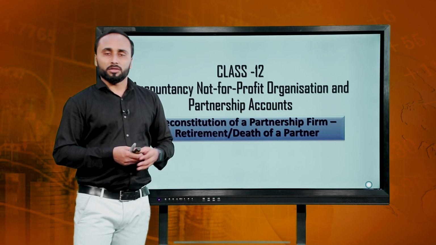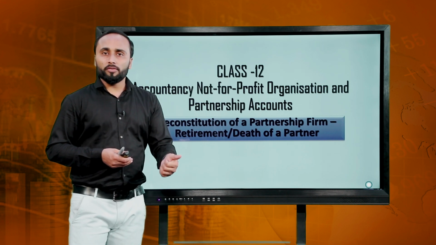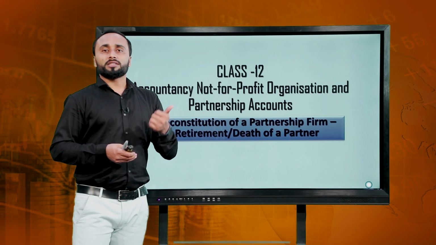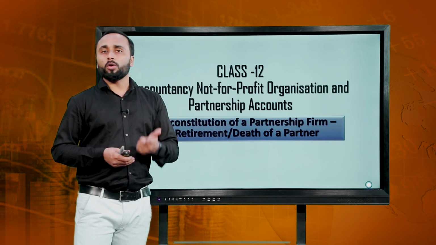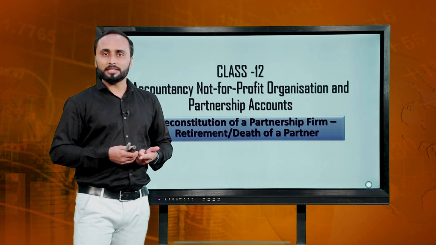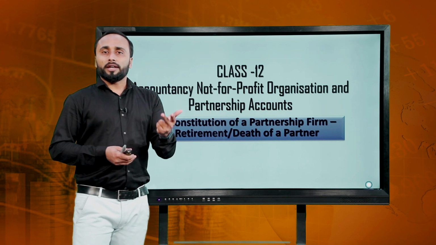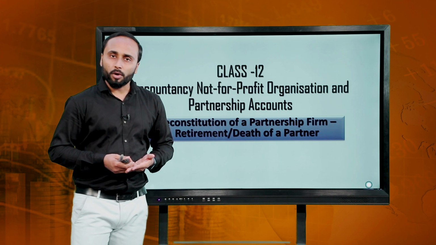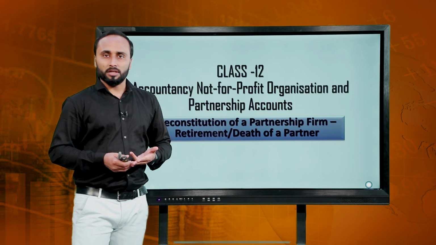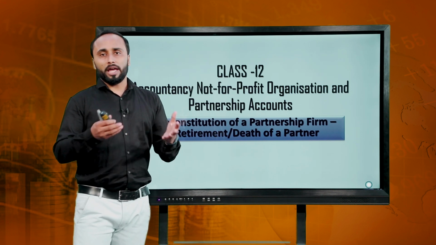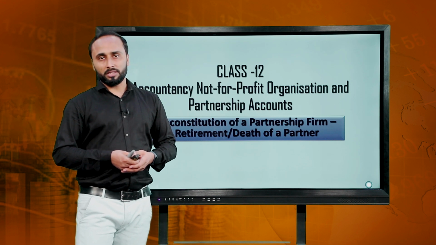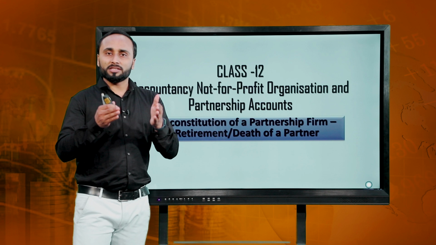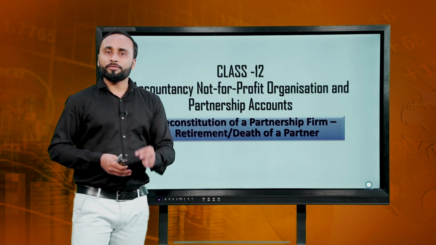Those were calculation of new profit sharing ratio or the gaining ratio, ascertainment of gain or loss on revaluation of assets and liabilities, treatment of goodwill, adjustment of accumulated profits and losses or reserves, adjustment of capitals, and preparation of the balance sheet. These are the things that are going to be there in this chapter for you, and out of these, in the first part,